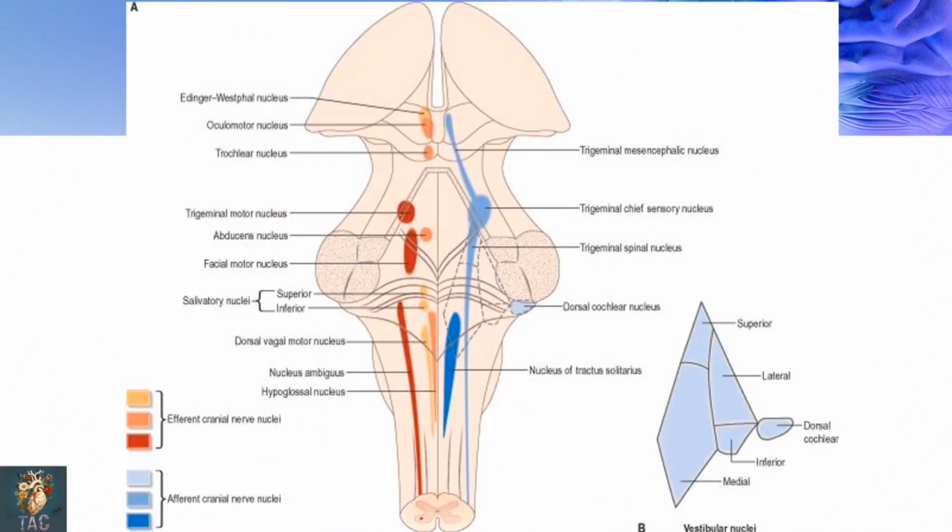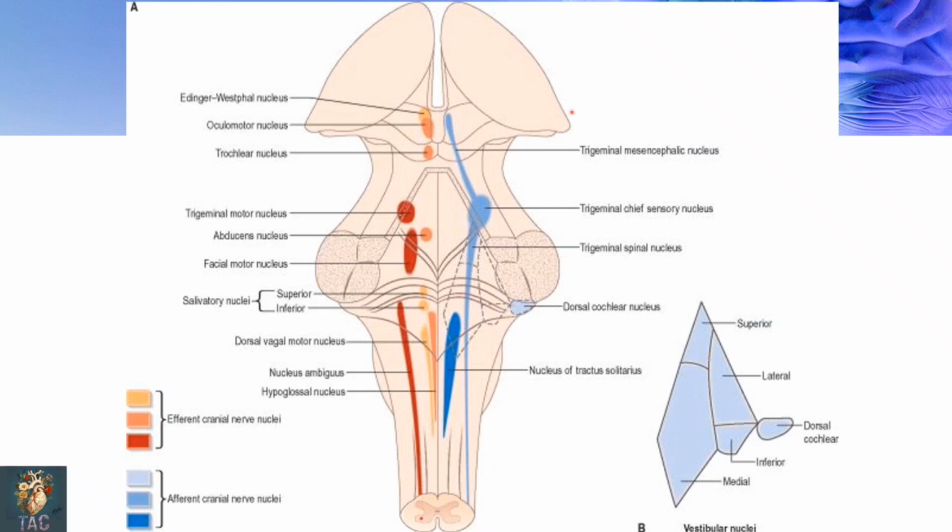Another slide, almost the same slide, but you can see the difference. This is the vestibular nuclear complex, and the different nuclei of the vestibular complex are the superior, the lateral, medial, and inferior nucleus. And here you can see the dorsal cochlear nucleus, which is also present over here. At this level, the nuclei which are present below these are in the upper part of the medulla, and the superior and the lateral nuclei, and part of the medial, may be present in the upper